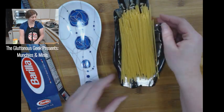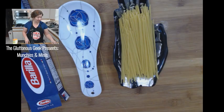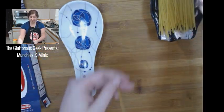And if you're wondering, yes, I do currently have a pot of water on the stovetop boiling. Well, it's not boiling yet. It's coming to a boil. But we're not going to watch that unless you really want to watch water boil. Okay, so that's about...